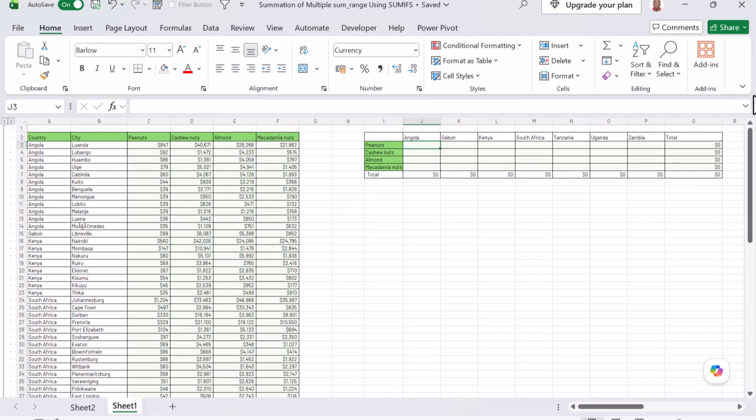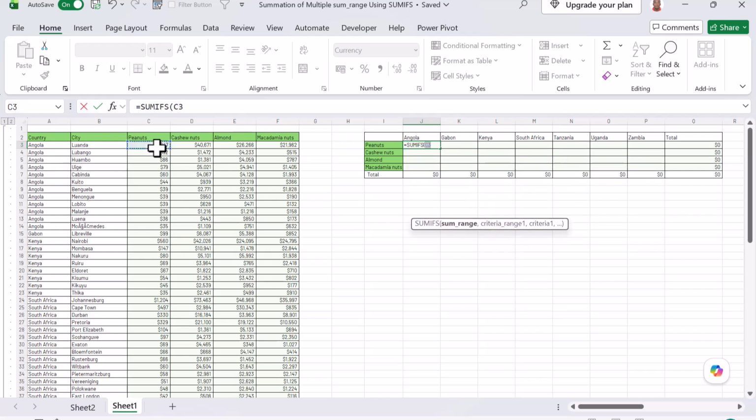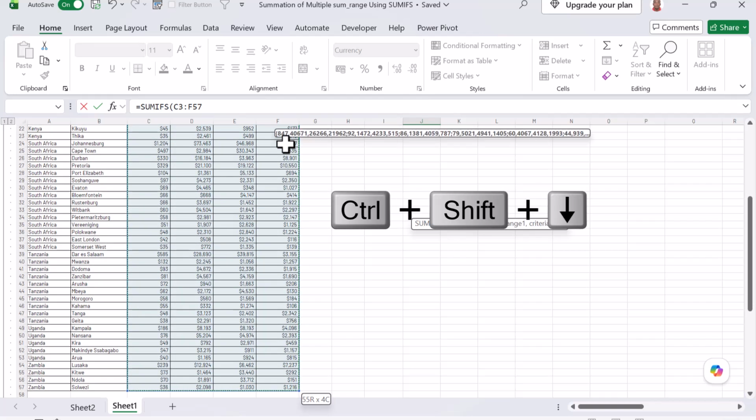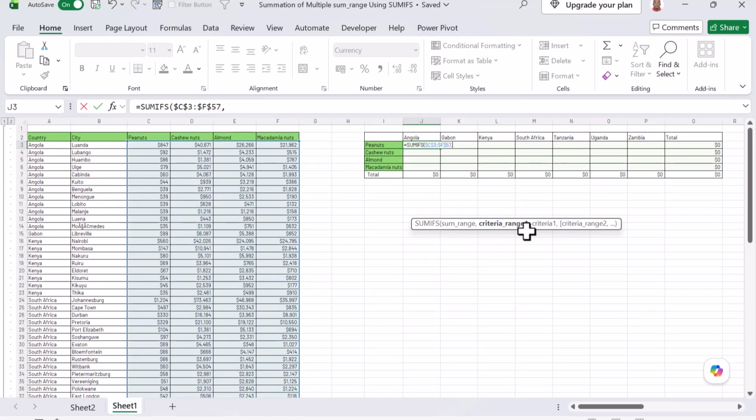I'll show you. I'll start with the same equal sign, then the SUMIFS function. The sum range will be C3 up to F3, Shift Control Down Arrow. I'll hit F4 once to lock the range, then comma. Moving to the next step, criteria range, that's items. So I'll select C2 all the way to F2. I'll hit the F4 key once to lock the range, then comma, criteria 1, then I'll select I3 and hit F4 thrice to lock the column,